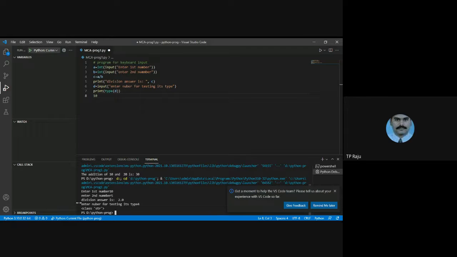This is the way of using the input function and the type function. By this, you are able to know the functions of the Python program. Thank you. Thank you so much.